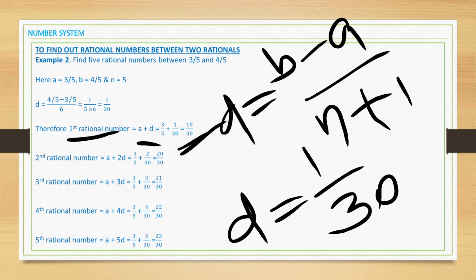We have to use the LCM method to add the fractions which have different denominators. For that you should find the LCM of the denominators. For 5 and 30 you will have the LCM 30. So you have to multiply 5 with 6, then only you will get 30. Then likewise here 6 into 3, 18, 18 plus 1, 19. So 19 by 30, and it continues so on. So 19 by 30, then 20 by 30, 21 by 30, 22 by 30, 23 by 30 you will be getting. You have to practice on your own.